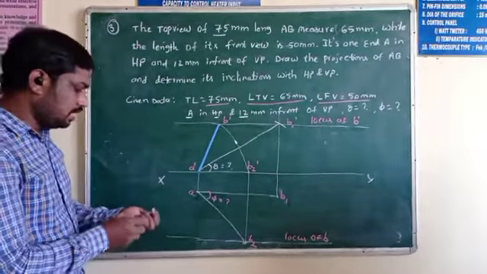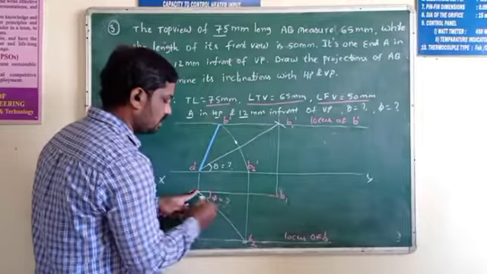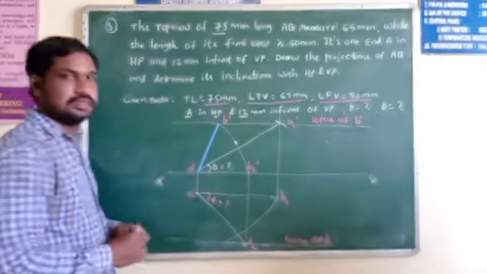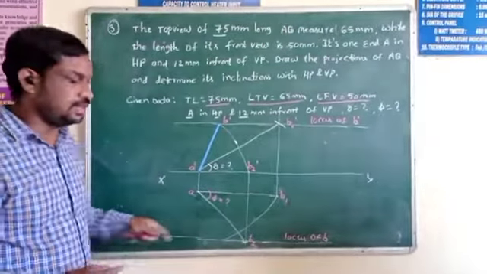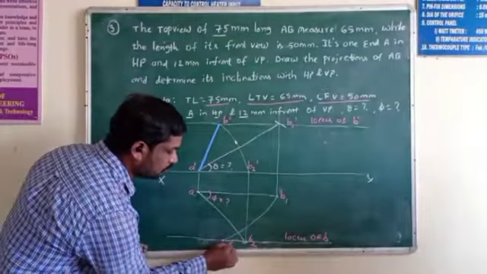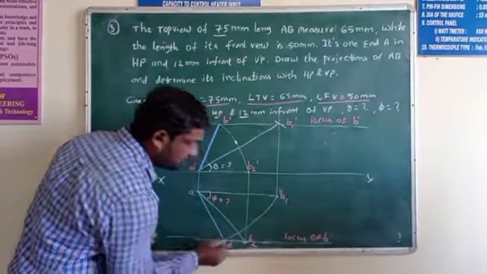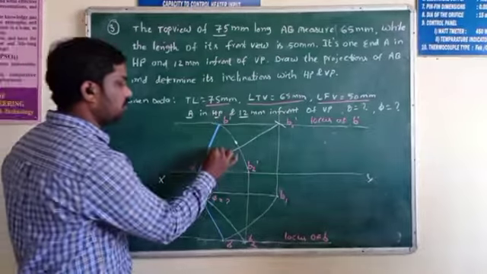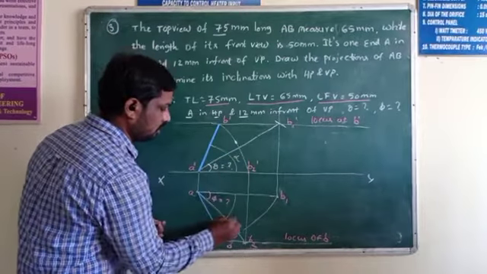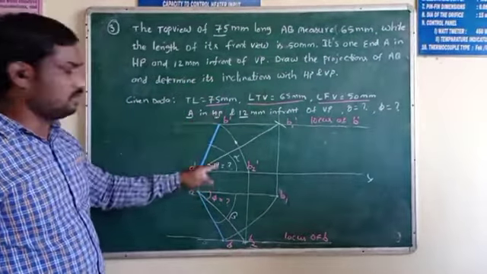Okay. Now again A is center, take the radius B1. Draw an arc onto this line. Which line? That is the locus of B. Now here is the intersecting point. So that is the B point. Now join A to B, we will get the final top view. Okay, and this is also alpha and beta. Don't determine this one because it is not asked in the problem. Only you have to find out theta and phi.